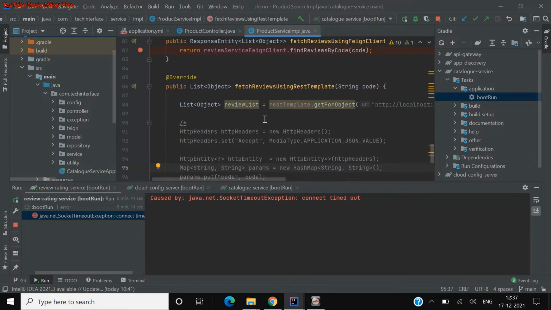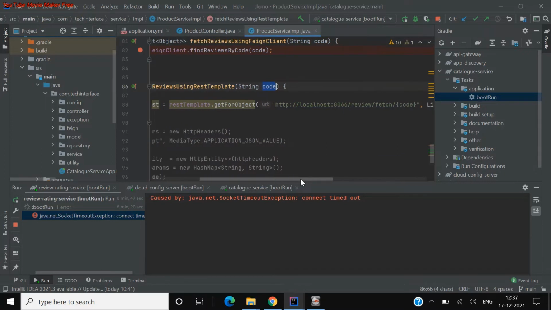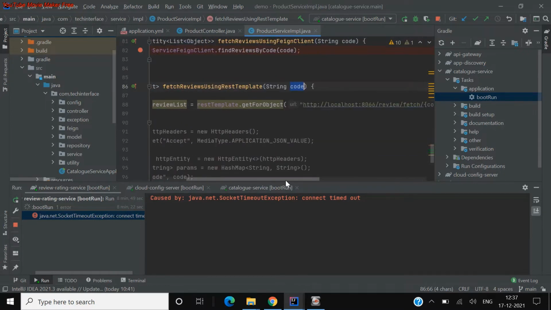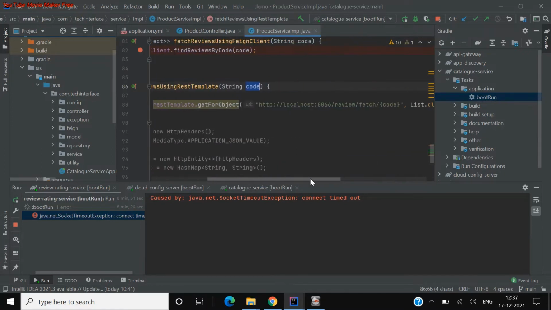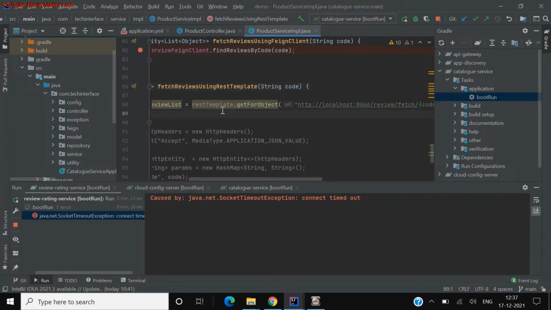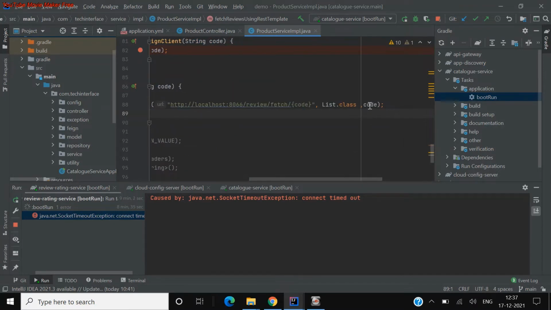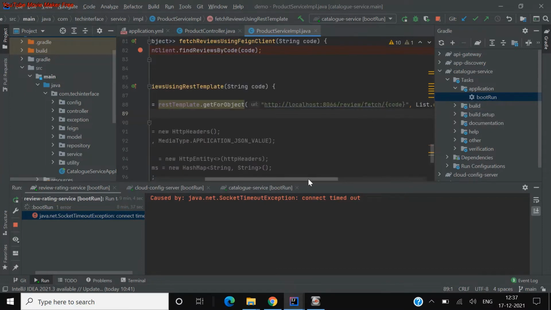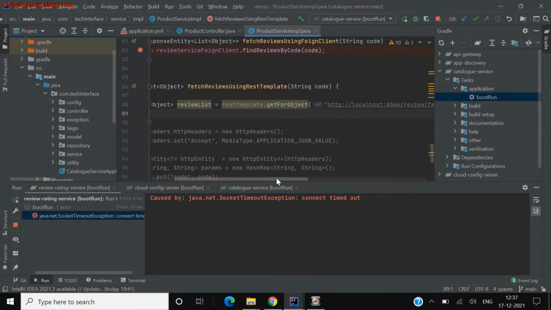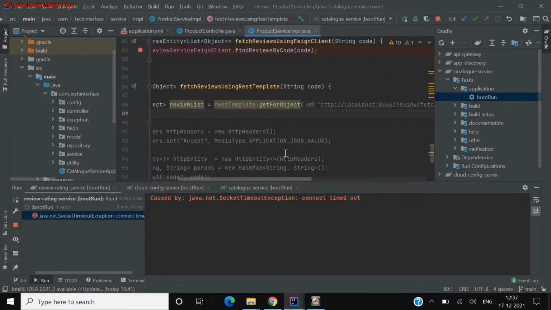It's very simple and straightforward. My implementation is I'm just passing a code here, and how you connect to that particular service is by directly adding the URL here using REST template methods. I'm using getForObject. You can see I've added the URL here with the path as well, along with the code. That is nothing but a parameter. That is a simple parameter I have, so that's why I'm using a simple one here.